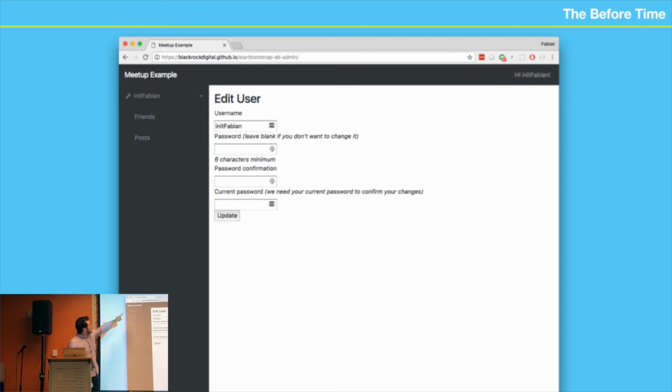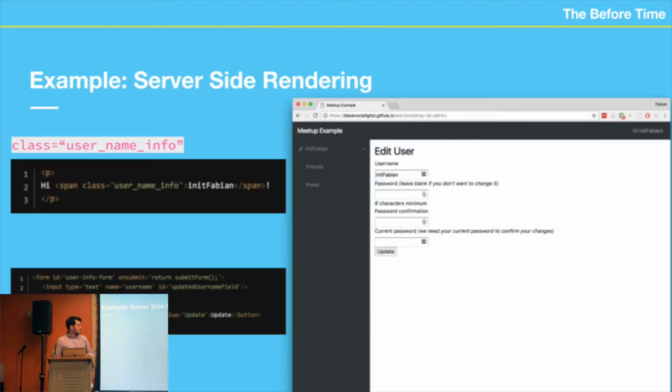Sorry. Init Fabian is here on the sidebar, in the body, the main content, and also in the nav bar over there on the far right. It's like, hi, init Fabian. You kind of see that sometimes, right? So we have it throughout the web page, correct? If we did server-side rendering,